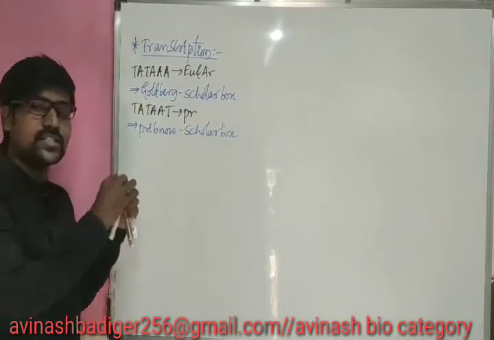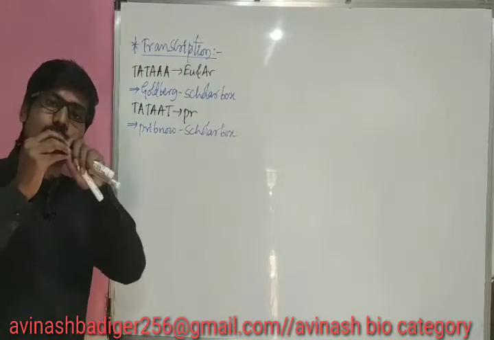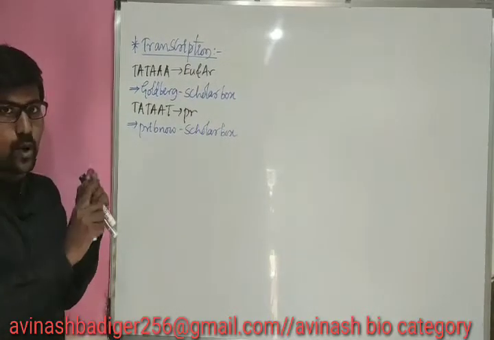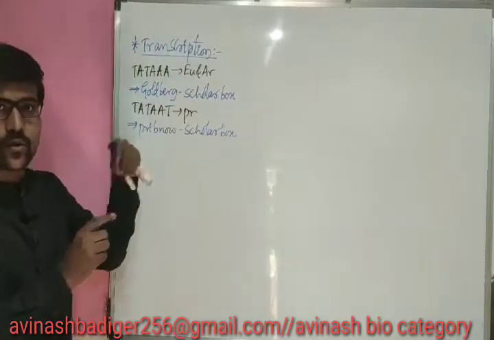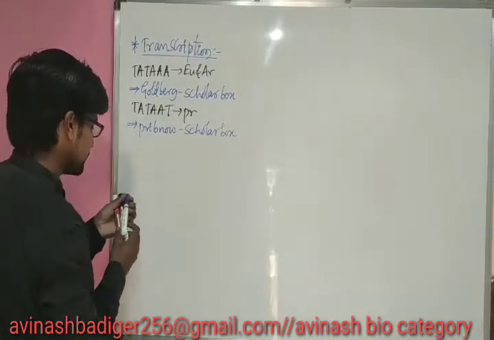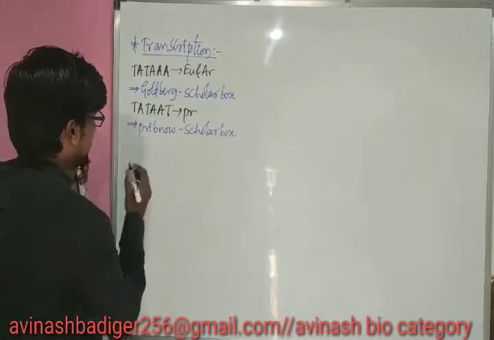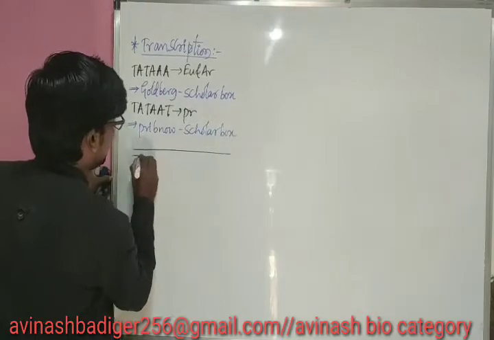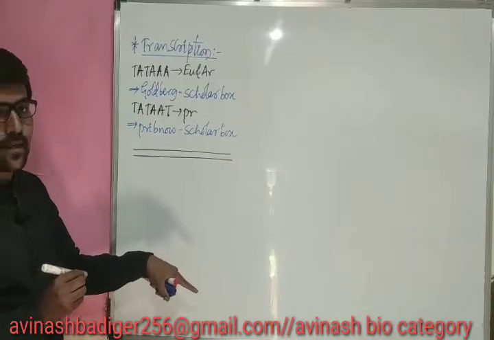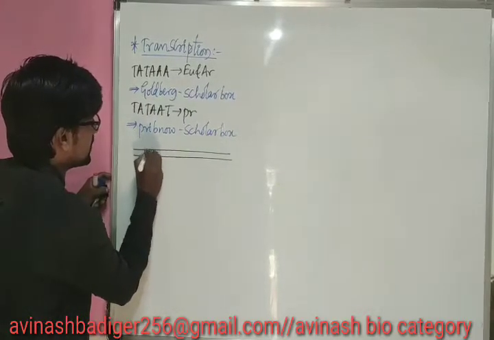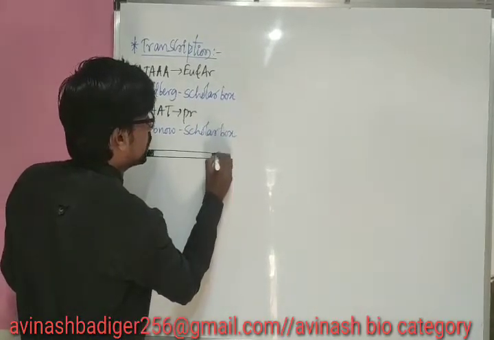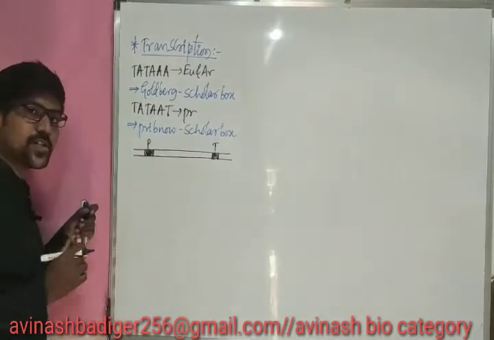Why I am writing these things is that from here onward the transcription process is going to initiate. The sigma factor will recognize one of these boxes, depending on whether it is a prokaryote, eukaryote or archaea. Let me write here. Imagine this is our double stranded DNA. This is the transcription unit. Imagine the process starts from this portion. This is the promoter, and this is the region where the process is going to end, the terminator. In between is the structural gene.